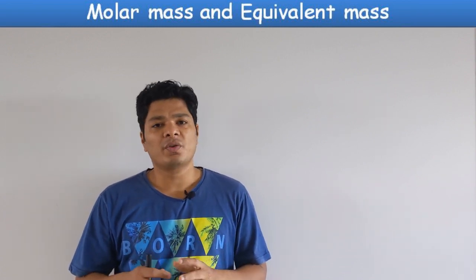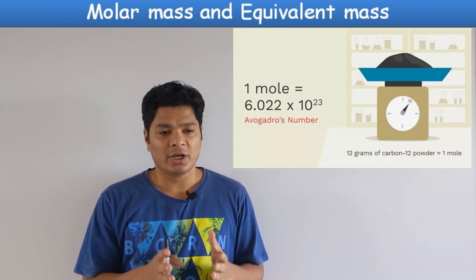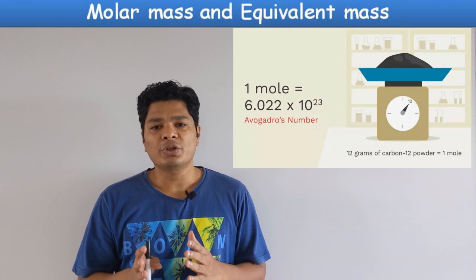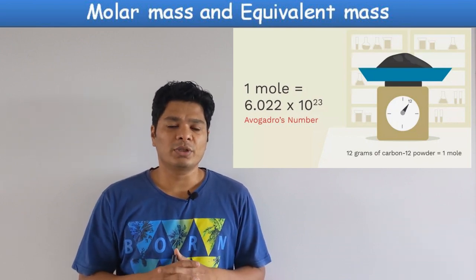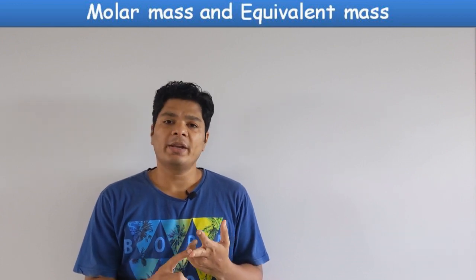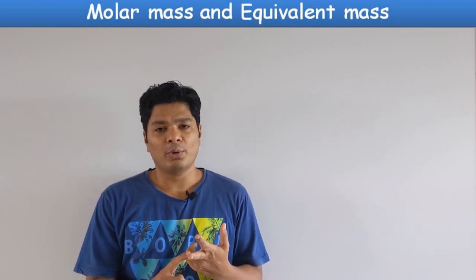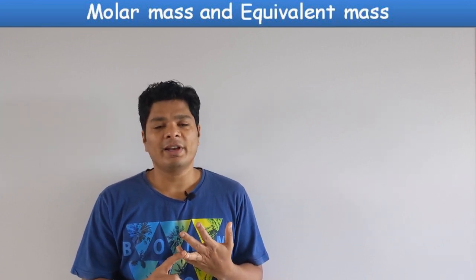So basic definition of moles is the number of atoms present in 12 grams of carbon 12. It has got to be carbon 12, not carbon 14. So 12 grams of carbon 12. We have seen various ways of calculating moles. You can do mass over molar mass if the mass is known. You can do molarity times volume if it is a liquid and the molarity is known. We can also, if it's a gas, do PV equals nRT, where n being the moles.